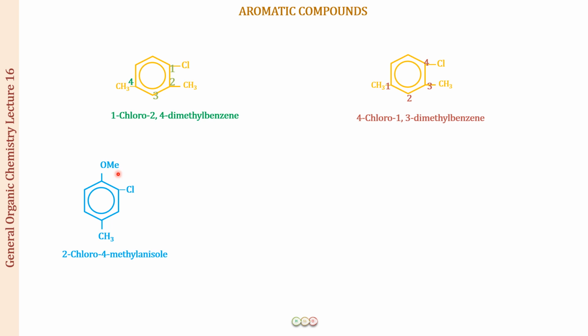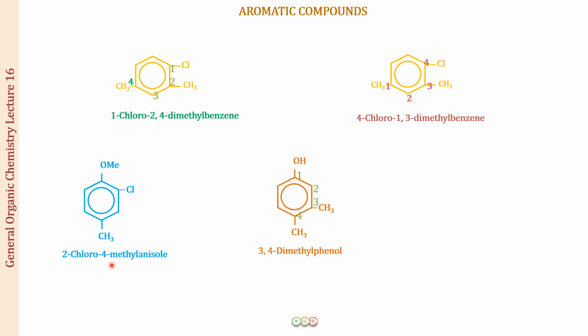So this is a methyl group CH3, to which we have an oxygen and then the benzene. So this means this is an ether, and the substituents we have a chlorine and we have the methyl group. So this is methoxybenzene, but the base name that we use for methoxybenzene is anisole. So that is what we will be using over here. So this will become carbon number 1, carbon number 2, 3 and 4. So this becomes 2-chloro-4-methyl anisole.